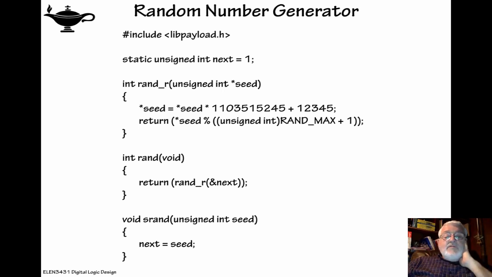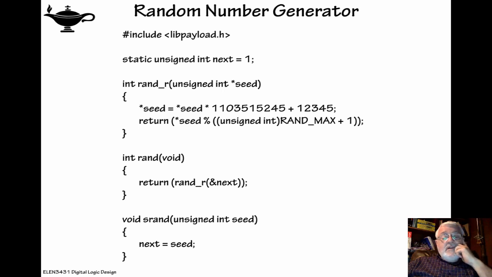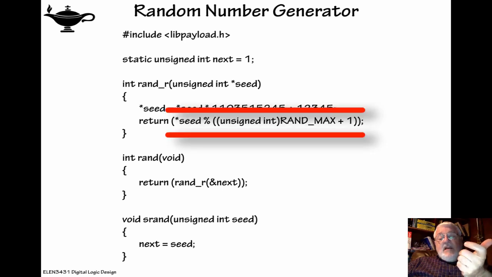So rand_r is going to take a variable seed, an unsigned int, and the star seed means that it's the address of seed. We're going to make seed equal to whatever the prior value of seed was. We're going to assign seed the prior value of seed times that big long number, that huge number, plus 12345. And then when we call rand_r, we're going to return that new value of seed modulo